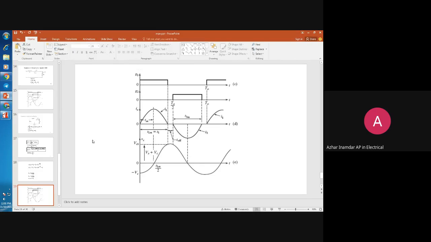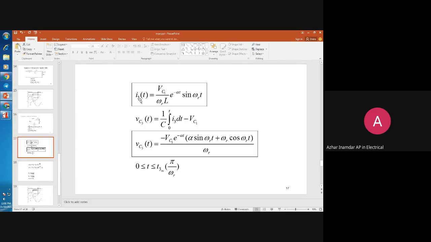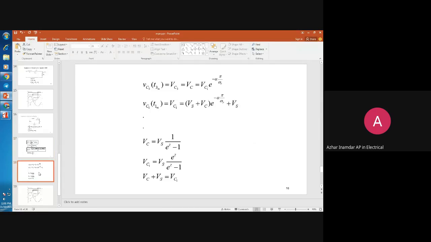I will show you. So this is your I3 and Vc3, the current and voltage across the capacitor. After finding out both, and finding out the capacitor voltage Vc3, you can also find out the steady state values by using Vc and Vc1. Okay, so now this equation,